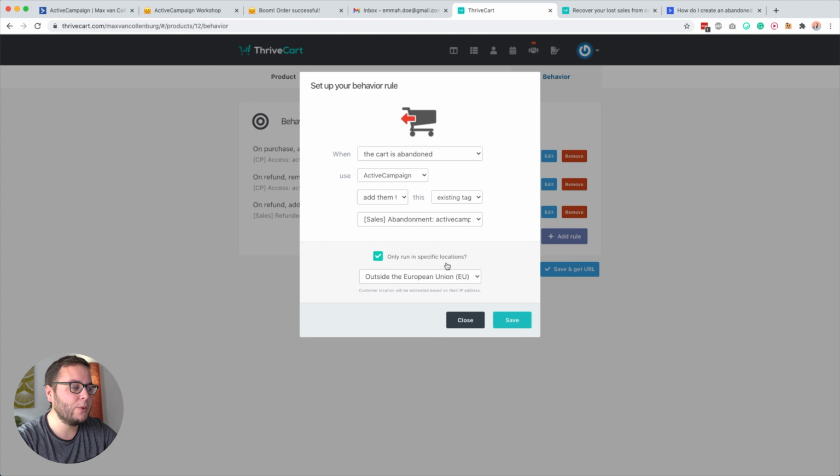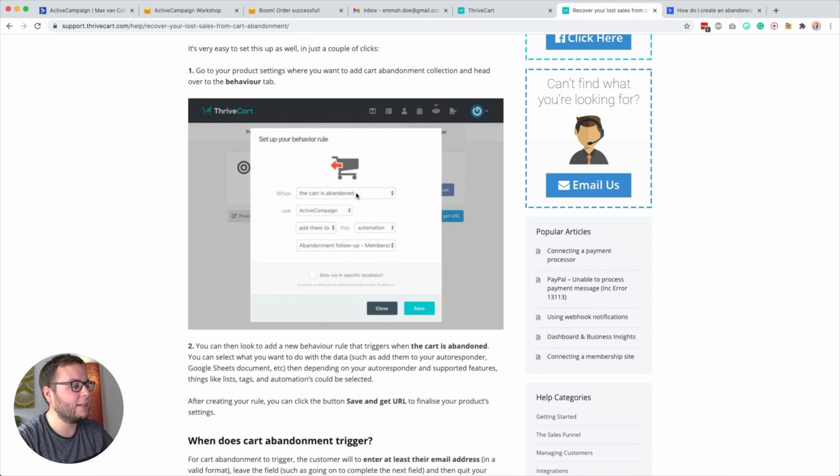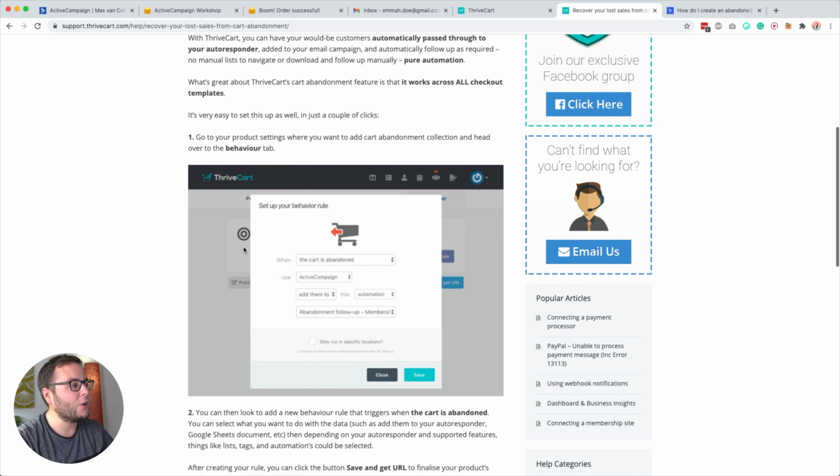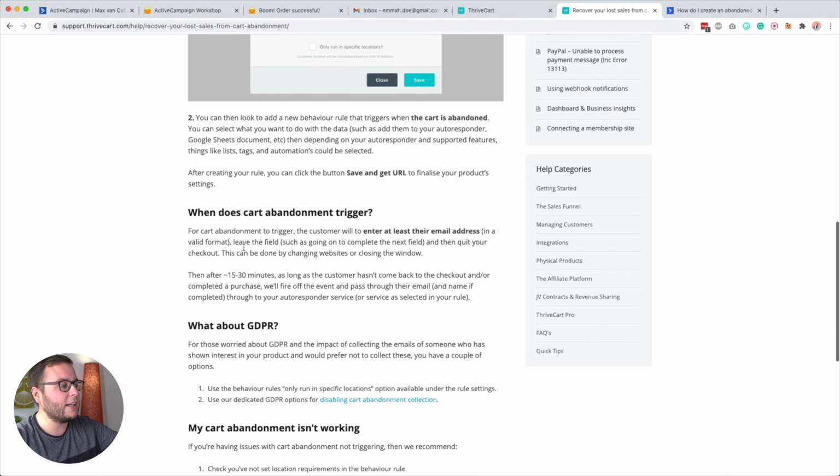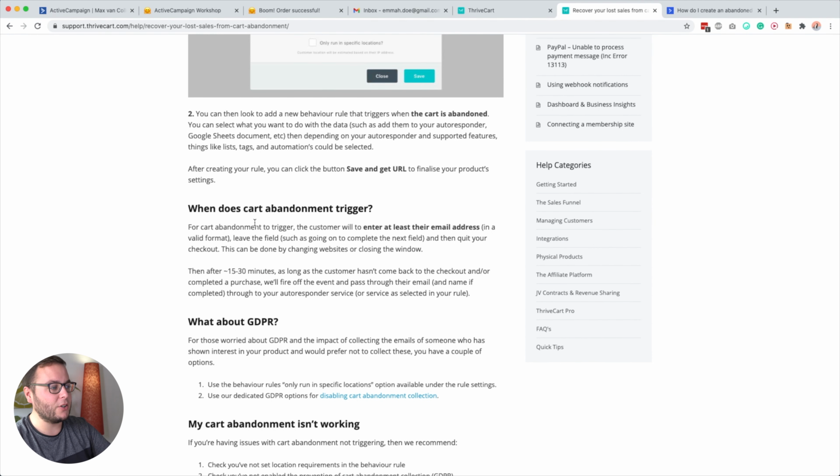What I also do here is that I say only run on specific locations, only run this outside the European Union. Because how Thrivecart does this, and they explain it also on this page, is they're basically triggering your abandoned cart when someone enters at least their email address, and then they leave the field and quit your checkout page.